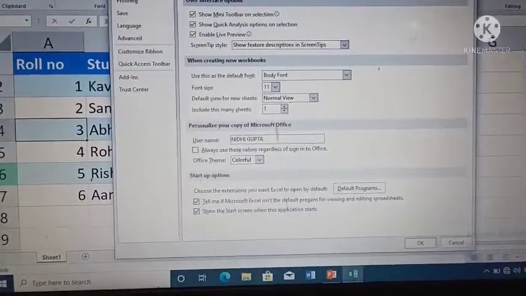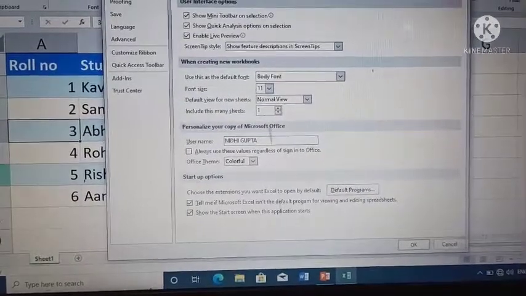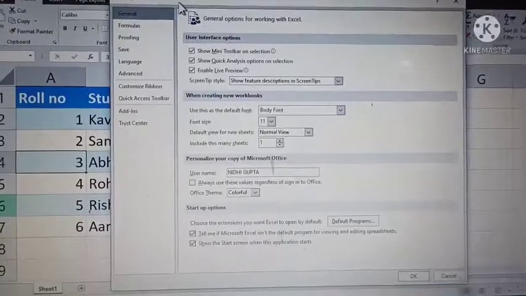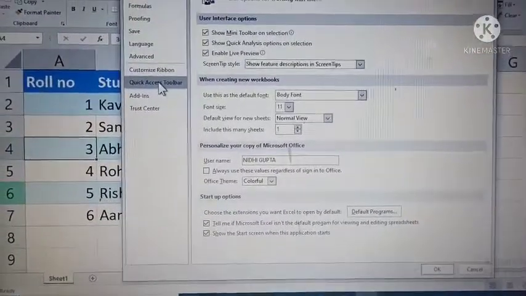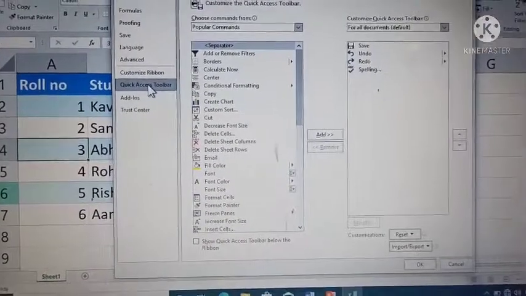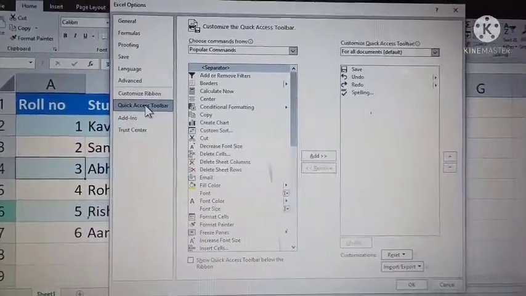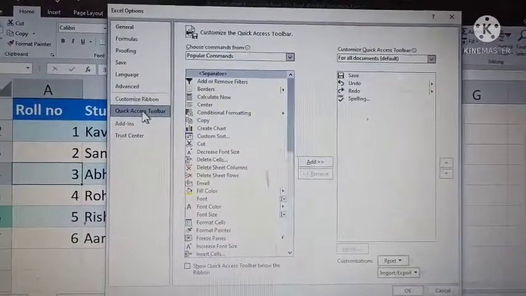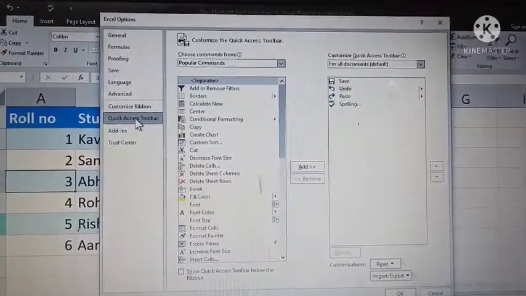This is the Excel Options dialog box. Click on the Quick Access Toolbar option, which is here. This area shows those commands which are already on the toolbar. You can use the list to customize the Quick Access Toolbar.